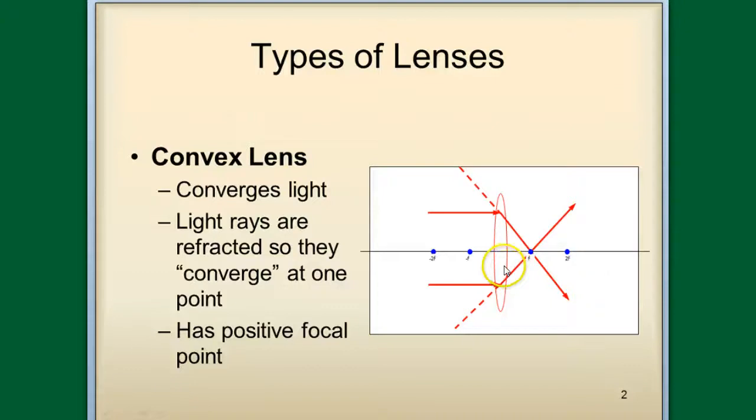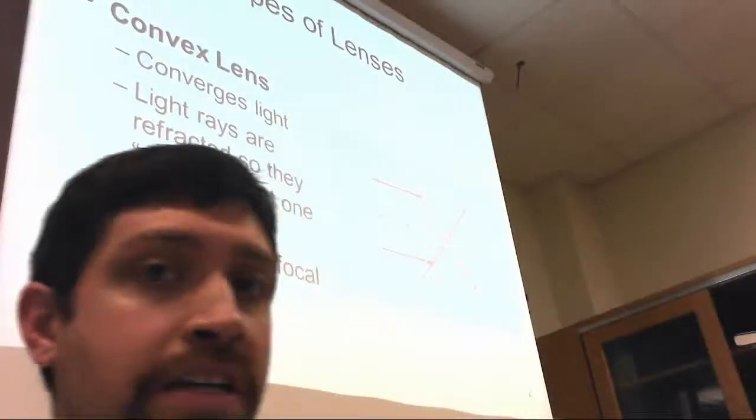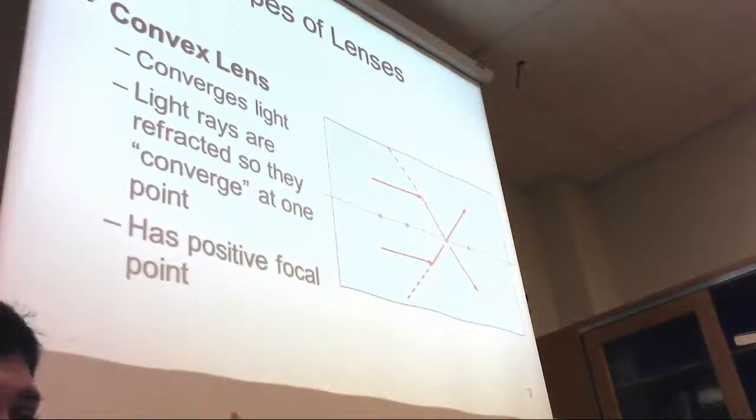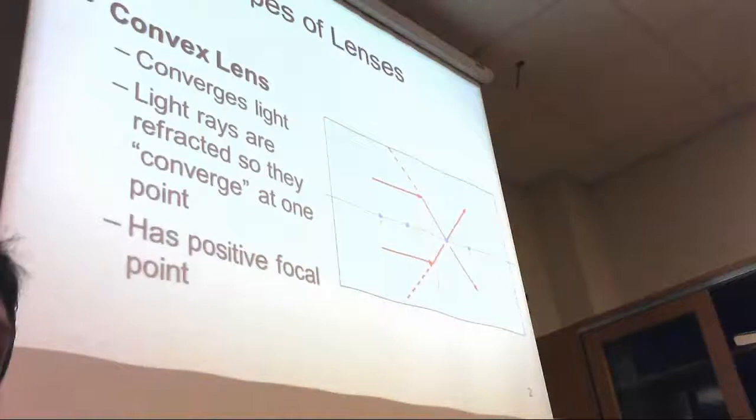Examples of these are magnifying glasses. Magnifying glass that we talked about. Anything that magnifies something, like a telescope or a microscope or binoculars. Any of those things use convex lenses. Another example of a convex lens is what you see here on the screen, because